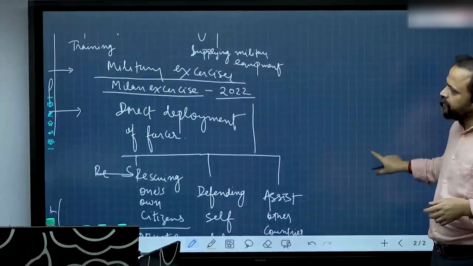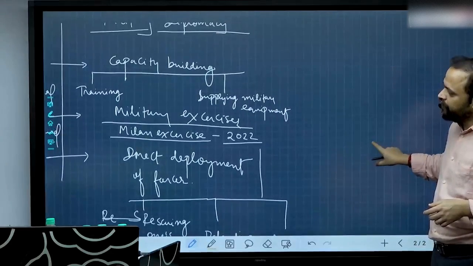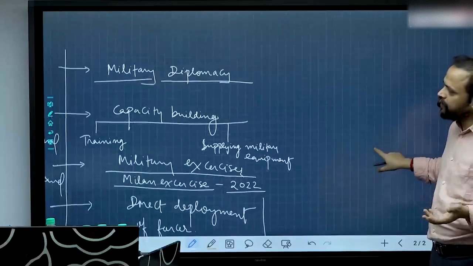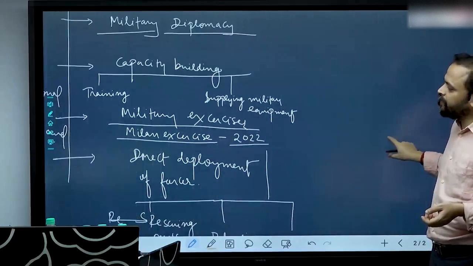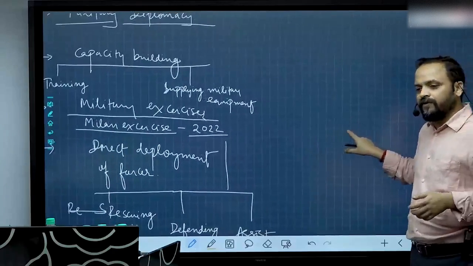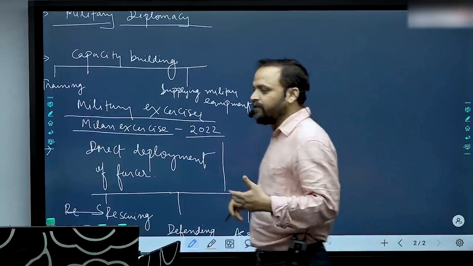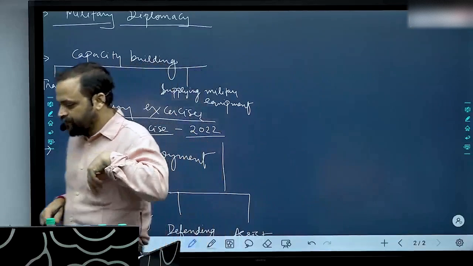We will find some examples in terms of military exercises, we will find examples in terms of military diplomacy, capacity building, training, we will find many examples. Supplying military equipment, we will find limited examples, because for supplying military equipment,